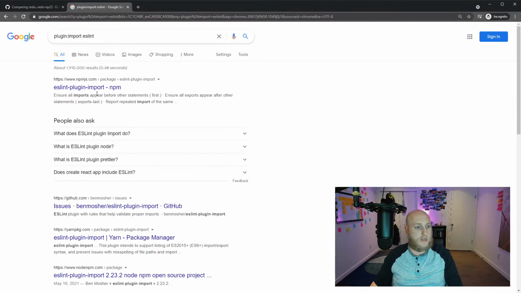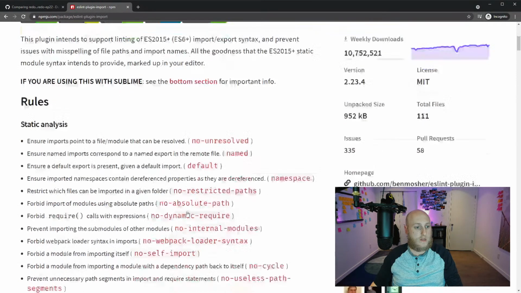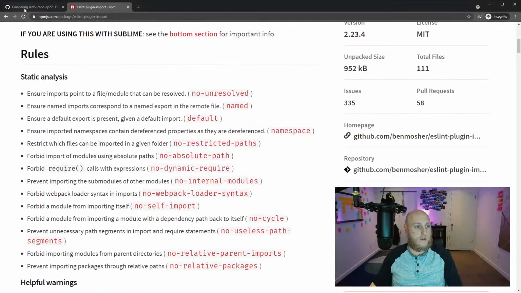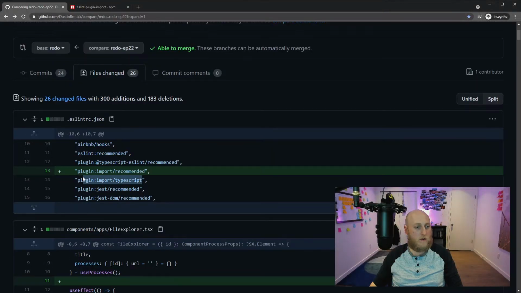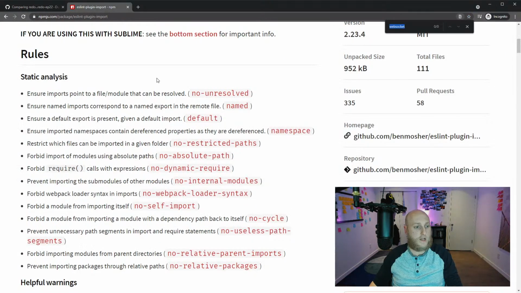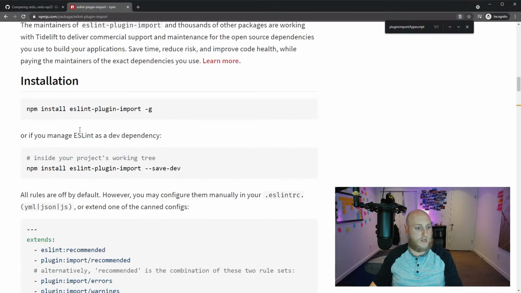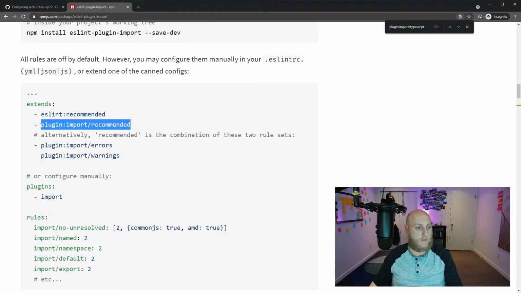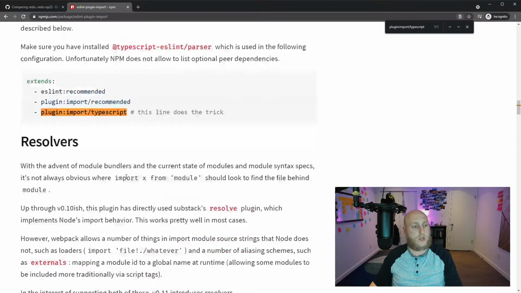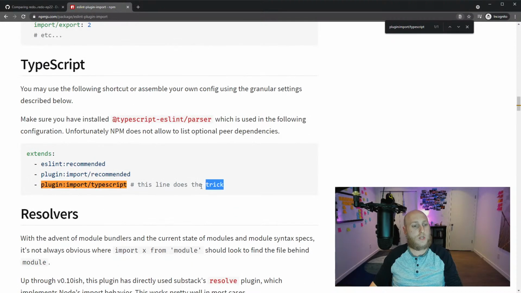I think when I did this originally, I probably just didn't read this in the documentation properly, because I had this one here, and I think I was like, oh, I need this one because I got TypeScript, but I think this one was right above it before, and I legitimately needed it anyways. Yeah, I was reading it again the other day, and it says to use recommended, or you can use these two. And it's like, okay, why am I not using those?